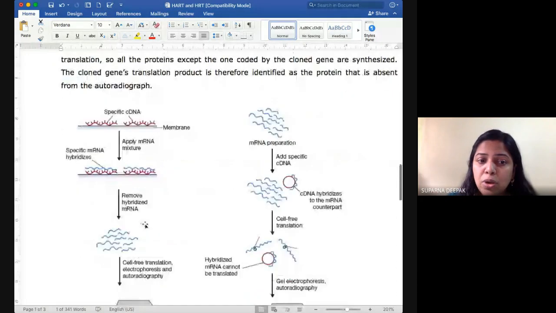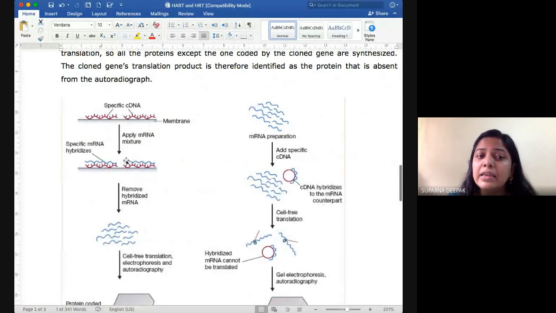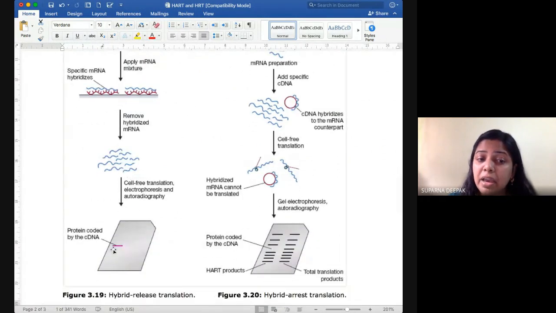So only those molecules of your mRNA are going to be added into your cell-free translation system,